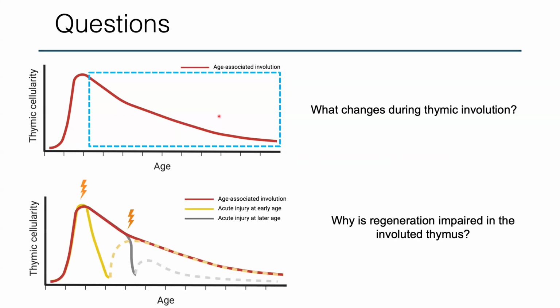We also know that the thymus is a regenerative organ. However, the capacity to regenerate reduces with age also. So following acute insults such as infection, stress, or irradiation, the thymus of young animals can readily regenerate to restore normal function, or involution continues, but you get back thymic function. Represented in the gray lines, though, is the observation that